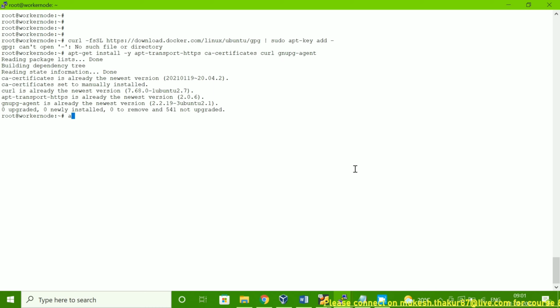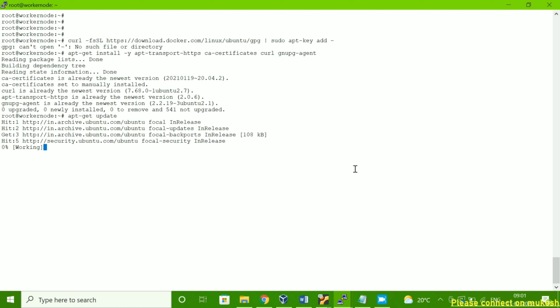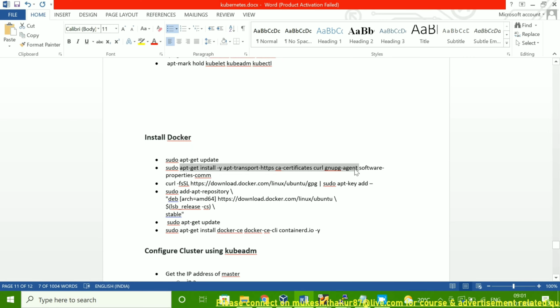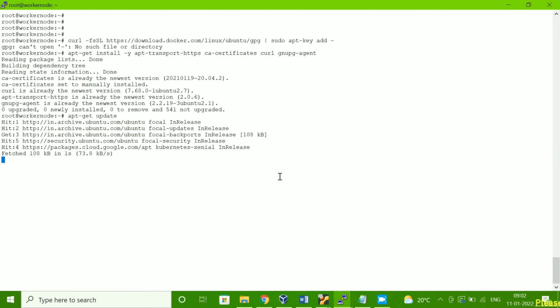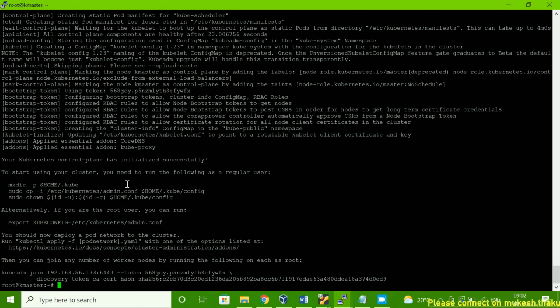Okay, apt-get update. We need to wait. Meanwhile, let me go to the master server, and I have to run these commands on the master server.